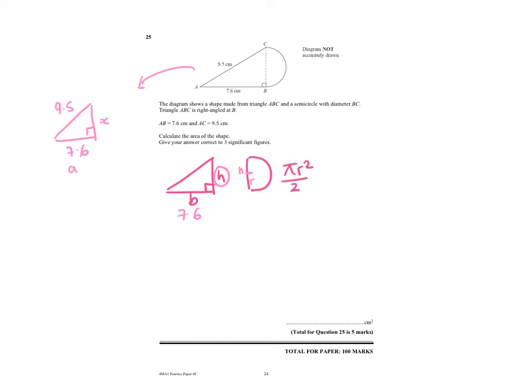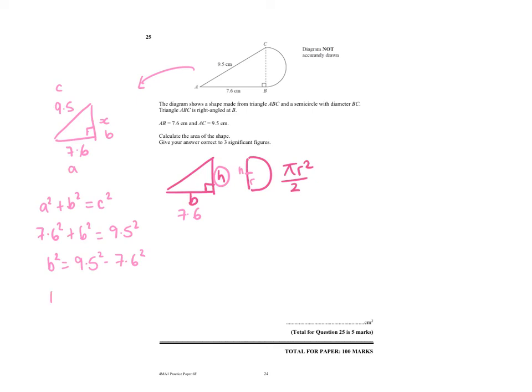So I know this is my A, this is my B, and this is my C, because my C is always directly opposite my right angle, which is the hypotenuse. So A squared plus B squared equals C squared. So 7.6 squared plus B squared equals 9.5 squared. So to find B on its own, if I take away 7.6 squared from both sides, B squared is 9.5 squared minus 7.6 squared. So I'm going to put that into my calculator. So 9.5 squared minus 7.6 squared equals